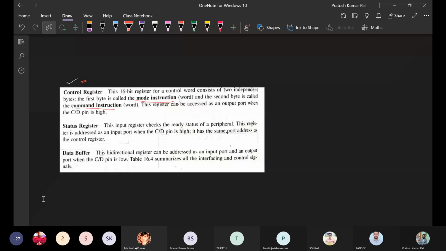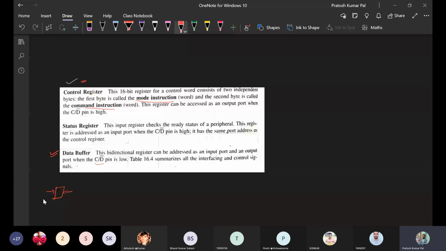It is a data buffer register, so if data needs to be transmitted, it will pass through the data bus buffer, and if it is receiving data, that will also pass through this data bus buffer. It is a bidirectional register that can be addressed as an input port or an output port when the C/D pin is low.